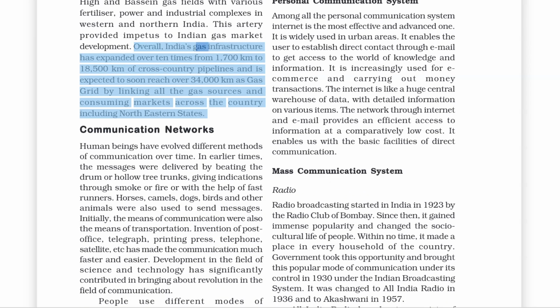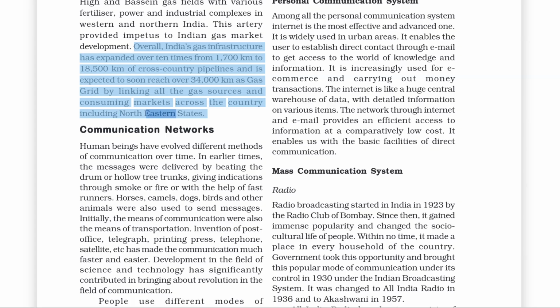Overall, India's gas infrastructure has expanded over 10 times from 1,700 kilometers to 18,500 kilometers of cross-country pipelines and is expected to soon reach over 34,000 kilometers as gas grid by linking all the gas sources and consuming markets across the